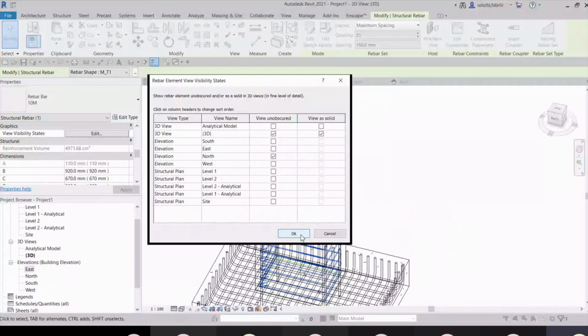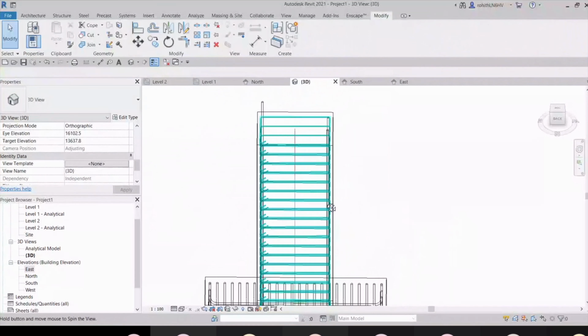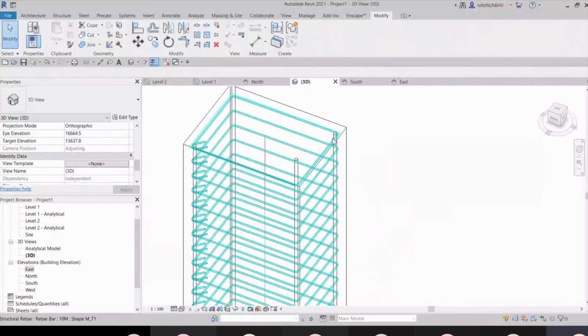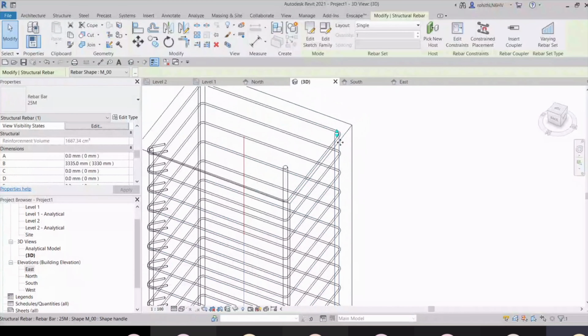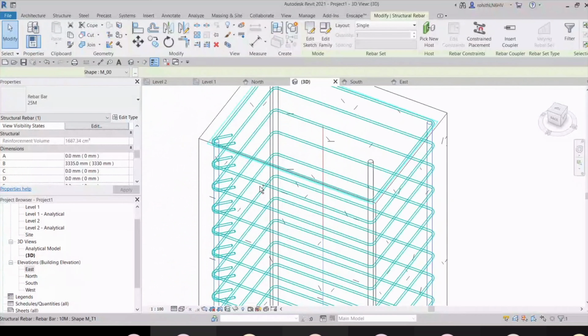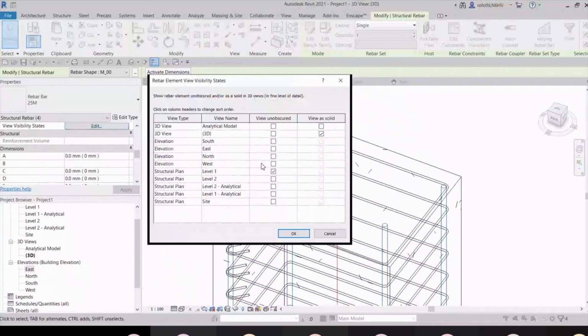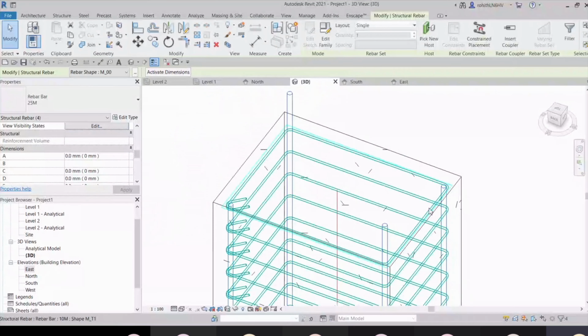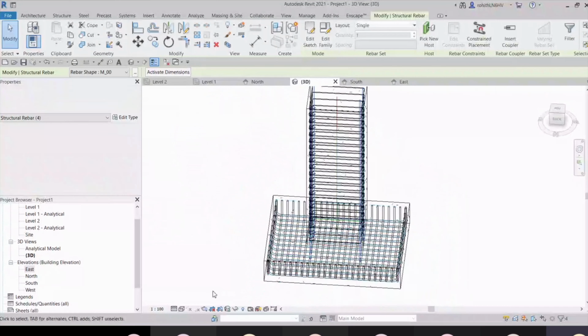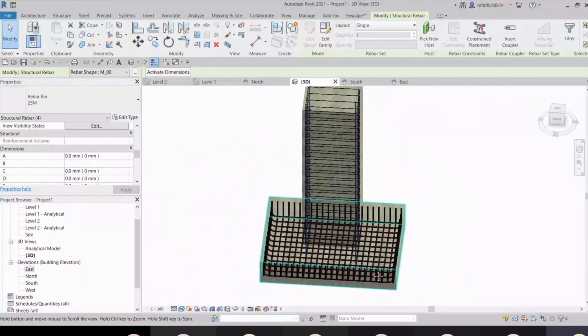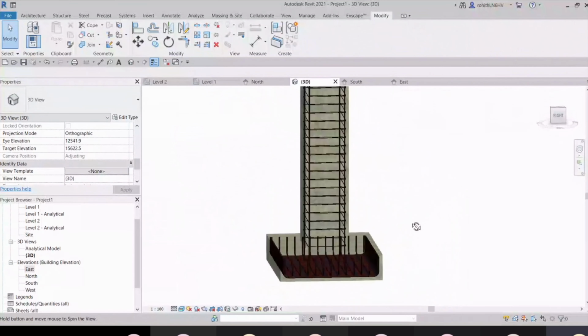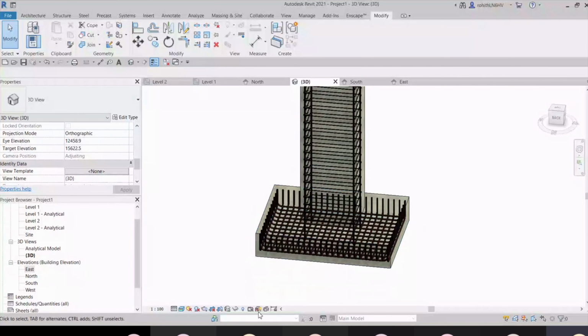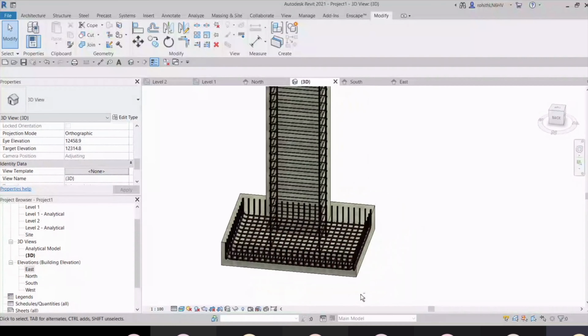And all the other vertical bars, click on the visibility states, view unobscured, click on OK. And these are visible in the realistic, as you can see, right? And here we have the analytical model. So you can hide the analytical model.